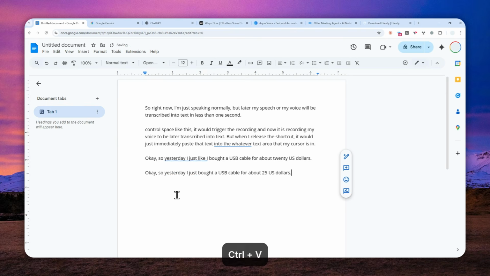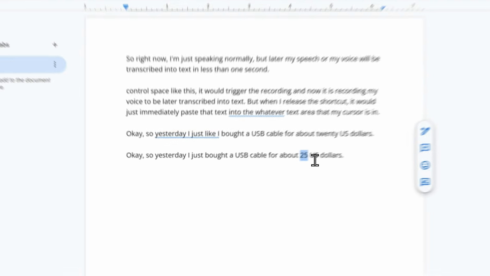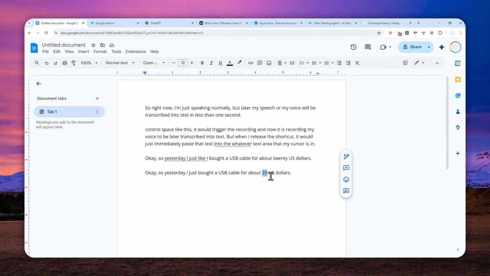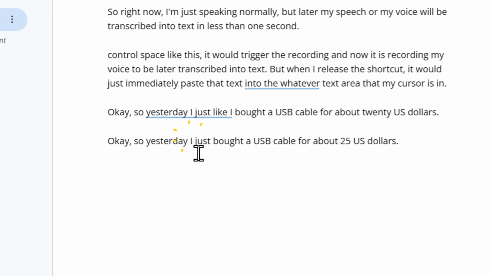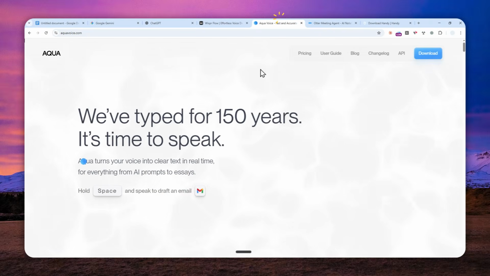Okay, now it took a bit longer because there is an AI model running. Okay, so first there are no filler words. And also now it is a number, it's supposed to be $20, but now it says 25. I guess it's because of my pronunciation. But as you can see, it is able to fix some mistakes in the sentence because it was using an AI model. So this is the exact same capability as in Whisper Flow and Aqua Voice.